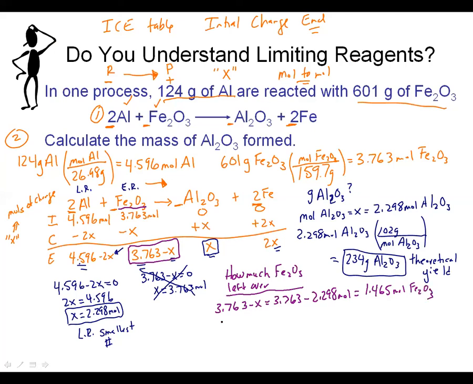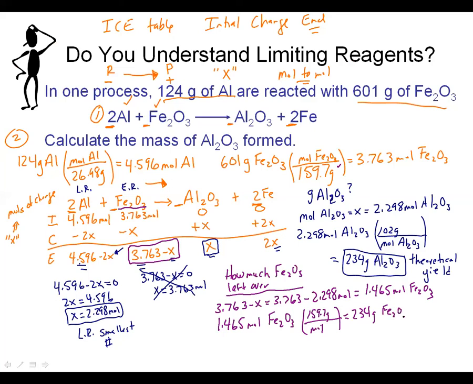And again, we could use the molar mass from the periodic table, and we actually have it above because we used it to calculate to start with. So from above, where we used it before, it's 159.7 grams per mole. And again, a very common question is to figure out how much of your excess reagent remains. In this case, we actually have the same number, 234 grams of our iron(III) oxide